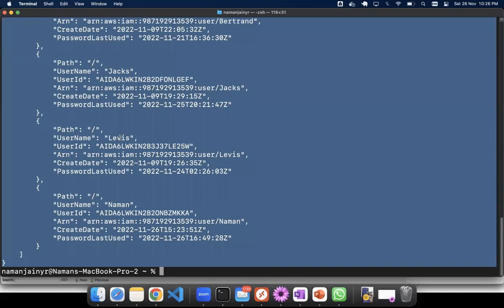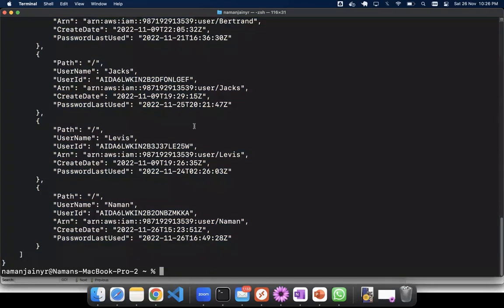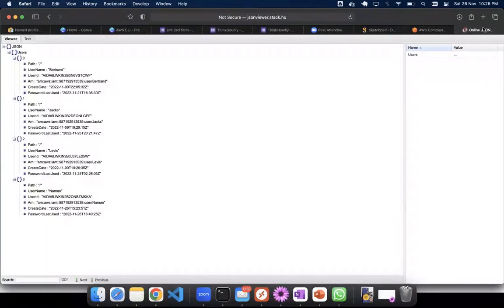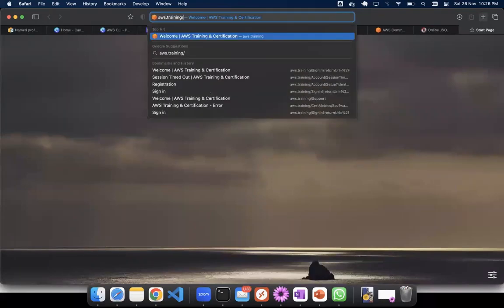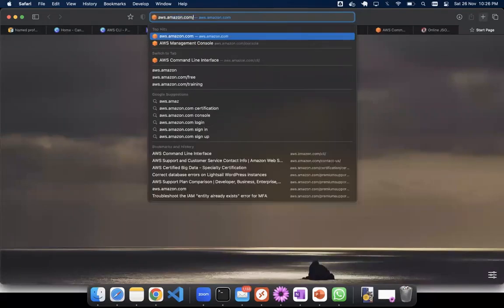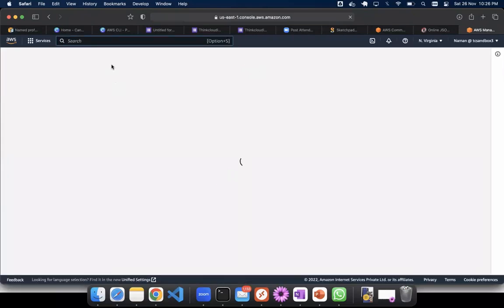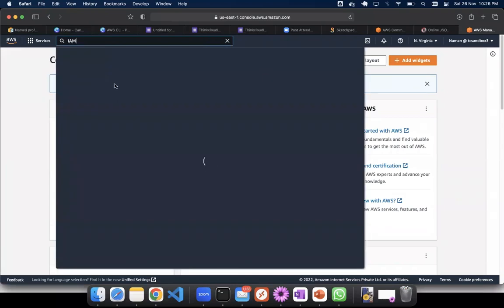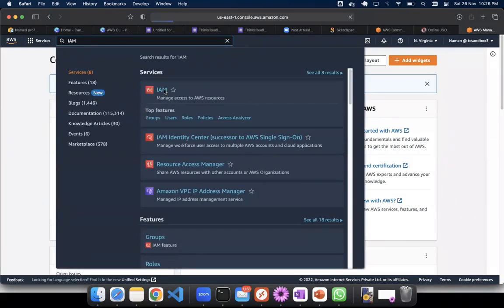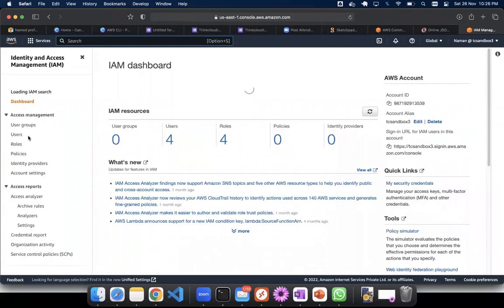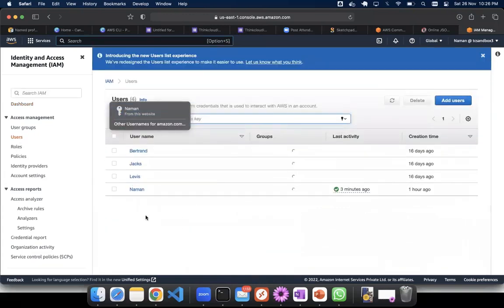For people who use the CLI frequently, it becomes quicker to see all these. I just typed one command and it gave me all the results. But if I want to do it on my console, I first have to go to my console and log in. Once I log in, I'll go to IAM, click on IAM users, and then I see these 4 users over here,